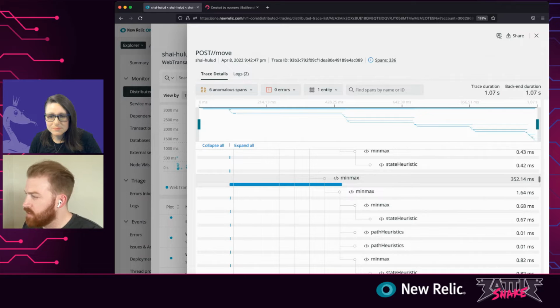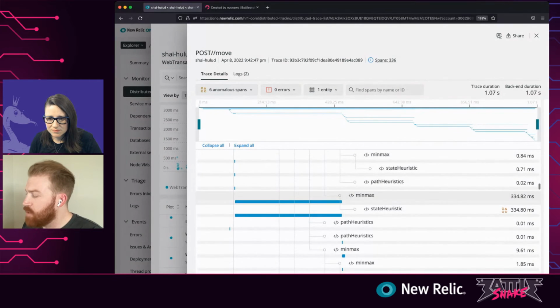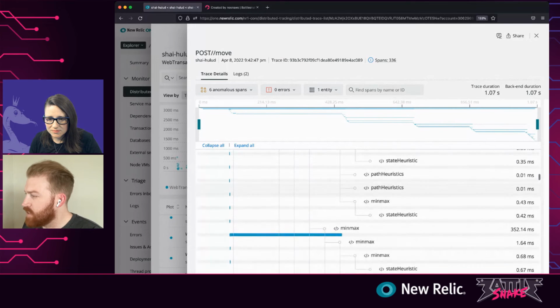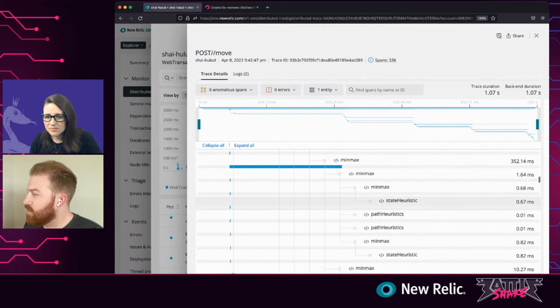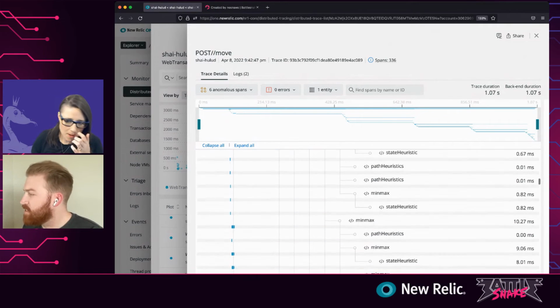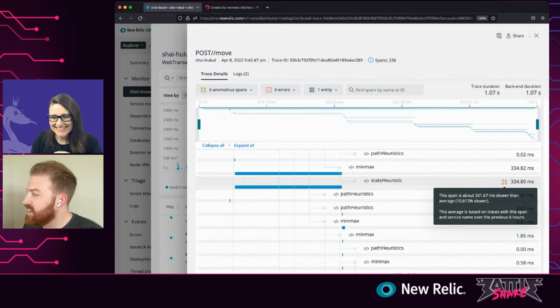So that's why you see it ran this long. That's how long that part of the transaction took. But what we do notice here is we see some stuff around, say, the state heuristic here running at 0.42 milliseconds, and then we've got another one here running at 0.67 milliseconds, that seems reasonable, right? Yeah. But then if we scroll down here a bit, we'll see we have state heuristic coming in at